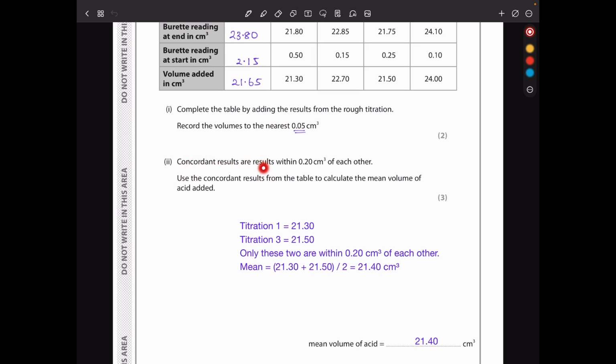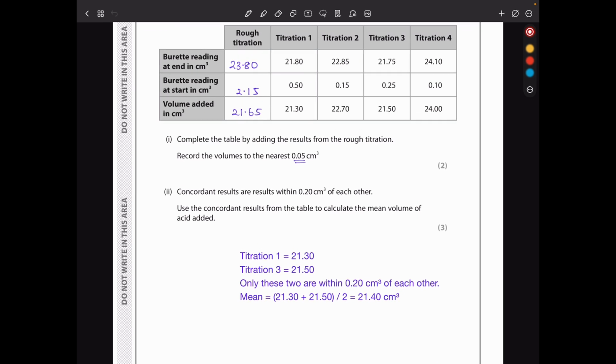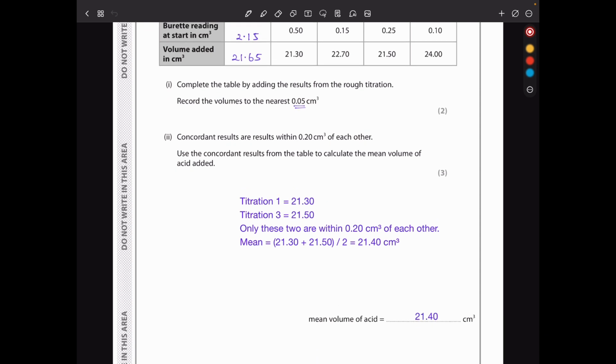And then they say concordant results are results within 0.2 centimeters cubed of each other. Use the concordant results from the table to calculate the mean volume of acid added. So from my observation, titer 1 and titer 3 were concordant. If you get a difference between these and a difference between that, as well as those, the values are going to be more than that, so they do not qualify as concordant results except titration 1 and titration 3. So we can use those to get the mean titer. So we will add that plus that and divide by 2 to give us 21.40 centimeters cubed as the mean